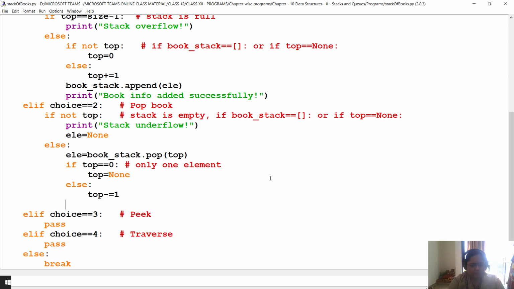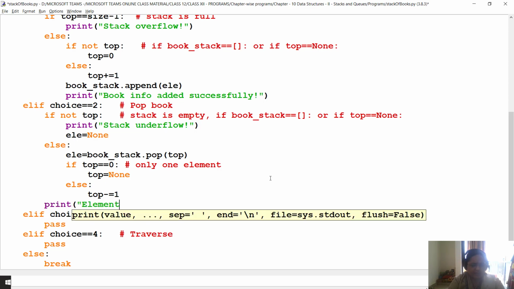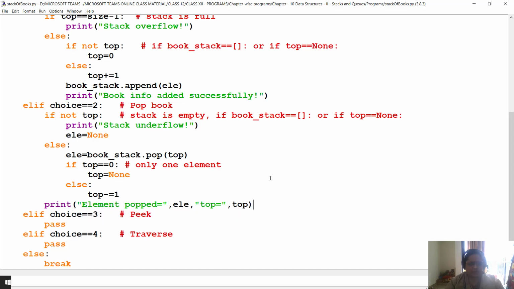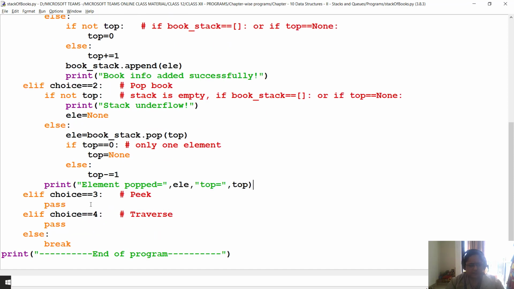So I'm going to write here, reducing the indentation and typing, element popped is, I can write le, and I can also write top equals top. So I've just written the value of top here.